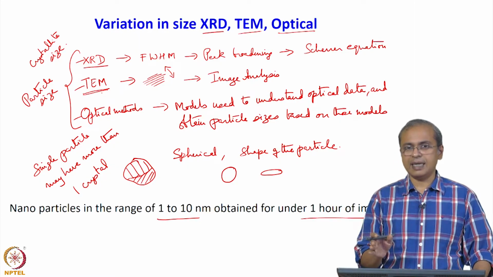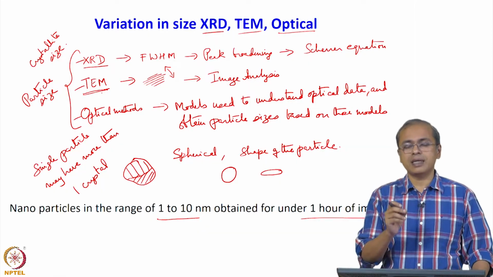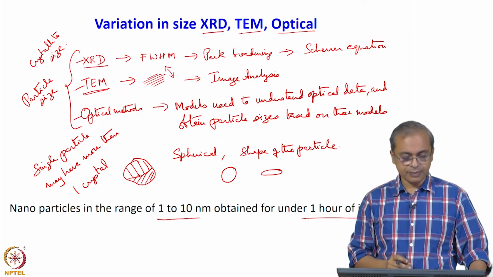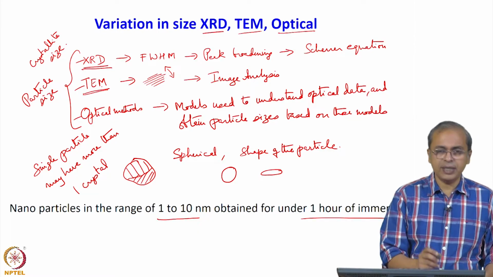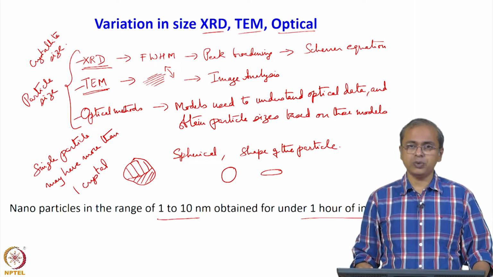This risk is always there. You are looking at an extremely small region, and how representative it is of the whole sample is always something that you should question yourself. XRD, on the other hand, in this context is a very comfortable technique to use, because you are actually